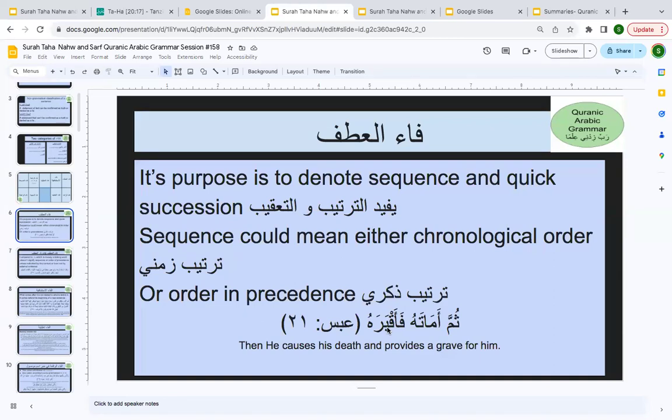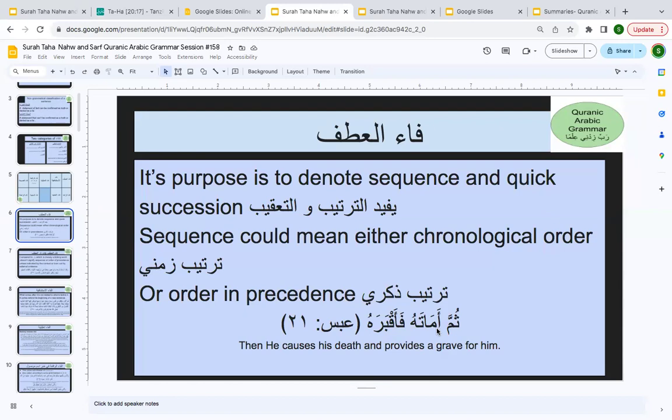It can also be for ta'qib. Ta'qib means that as a result of that, once you are dead, then you have to be put in the grave, right? Like I'm talking about myself. Once I die, I'm going to be put in the grave. If I'm not put in the grave, that's going to be a big problem, right? So what happens, and as a result, what happens? That fa that gives you a sequence is going to be called Fa'ul Atf.